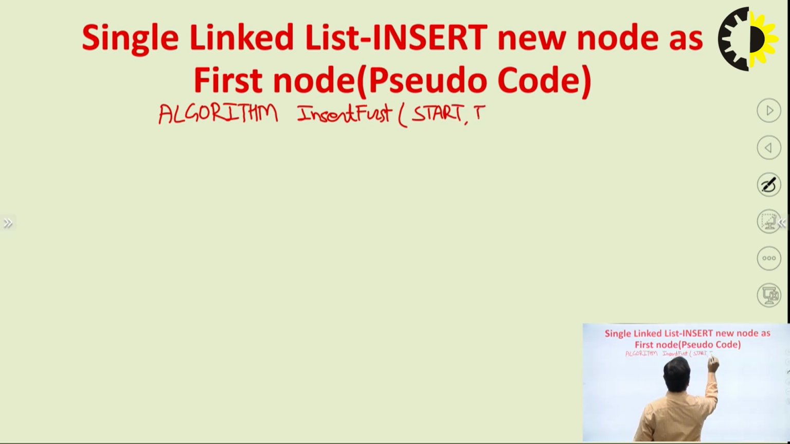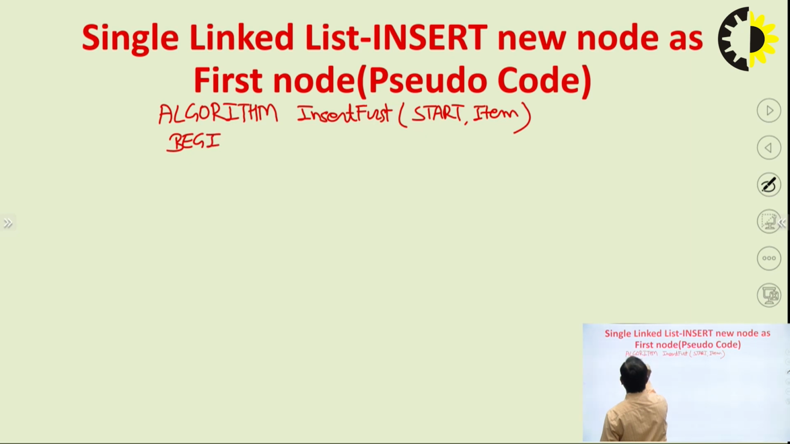Start and the item. Now begin keyword. As I have already told, whether the list is empty or not, in both cases we have to write the same code. Now first we will allocate the memory